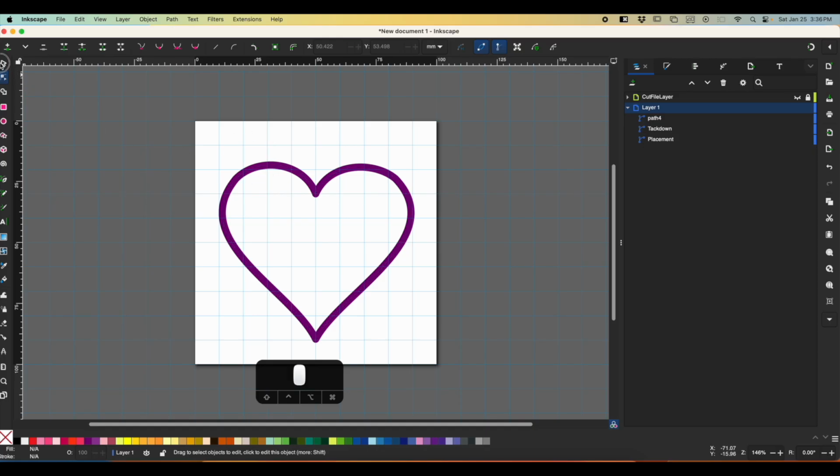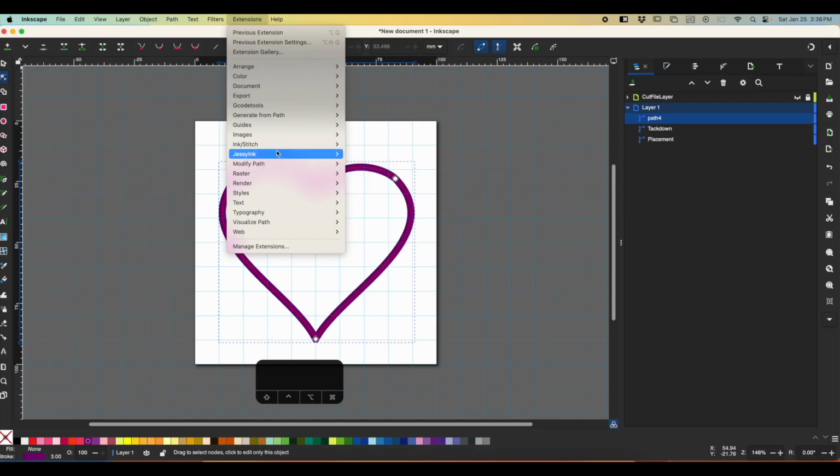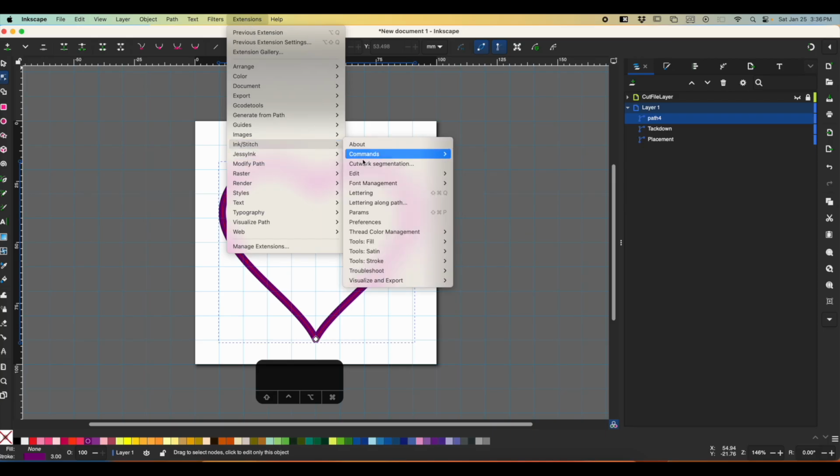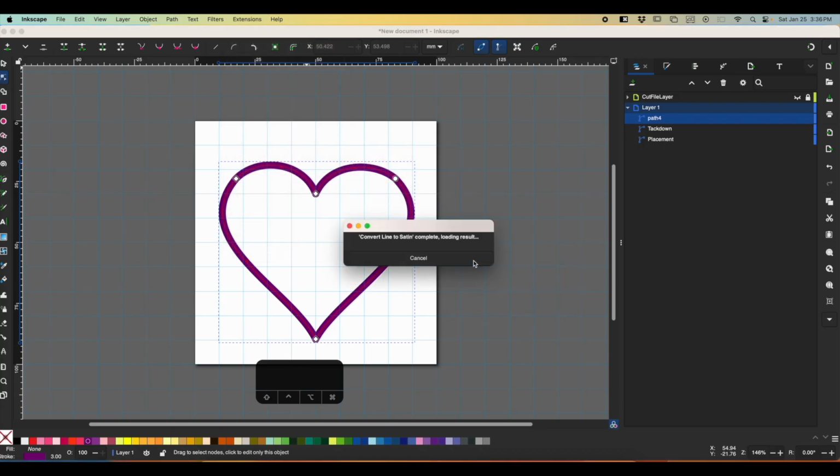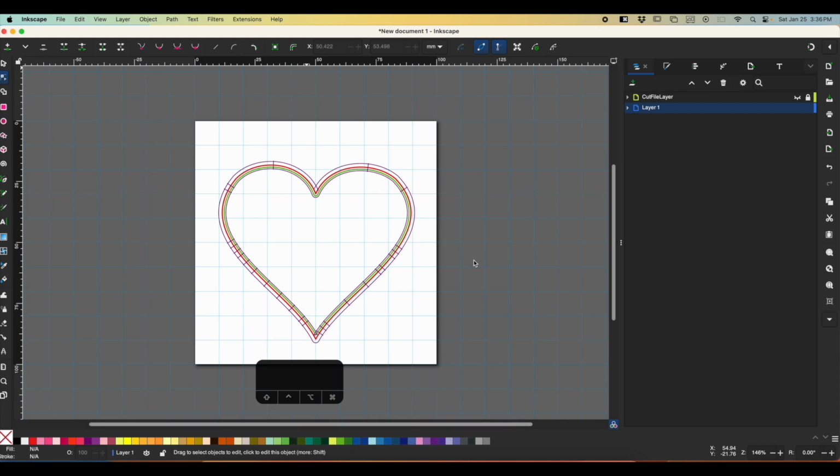And I'm just going to select it, and I'm going to go to extension, Inkstitch, satin, convert line to satin, and there we have our